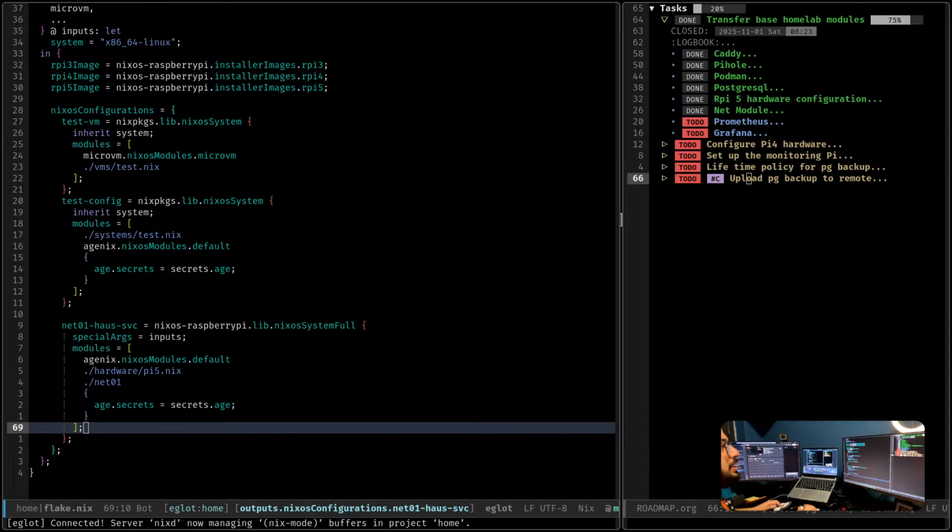Today I'm planning to set up my monitoring server, which is basically Grafana and Prometheus running on a Raspberry Pi 4. This server is responsible for collecting all the metrics that I generate from the other servers that I have, so I get a live view.